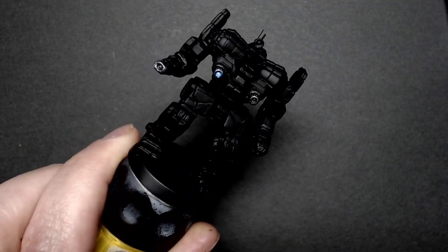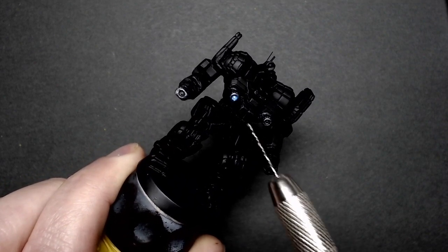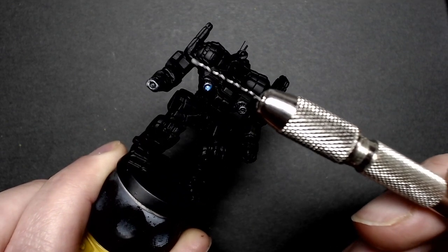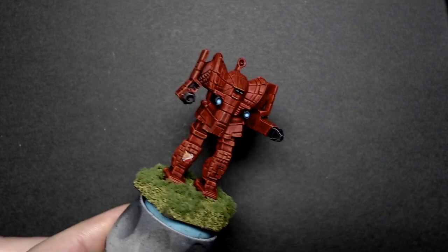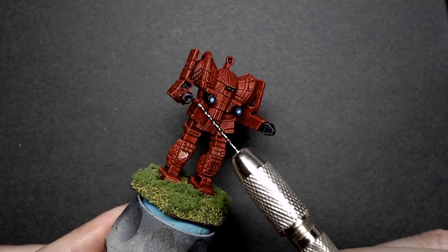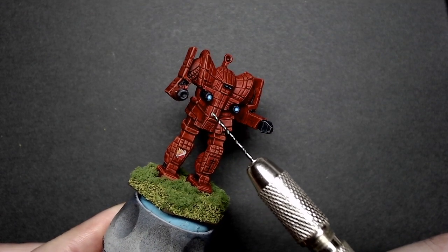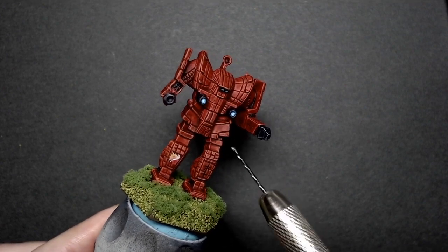If your model doesn't have the barrels drilled out, so for instance this new sculpt, it's got these little dimples in here. If you like those, great, it makes them easy to paint. If not, you can use a pin vise drill and drill them out to make them nice and concave. Don't drill too deep, you don't need a very deep recess. You can see I've cleaned up the openings on this one here that I'll show you as a demonstration to paint. If you go too deep, natural shadows will fight against you